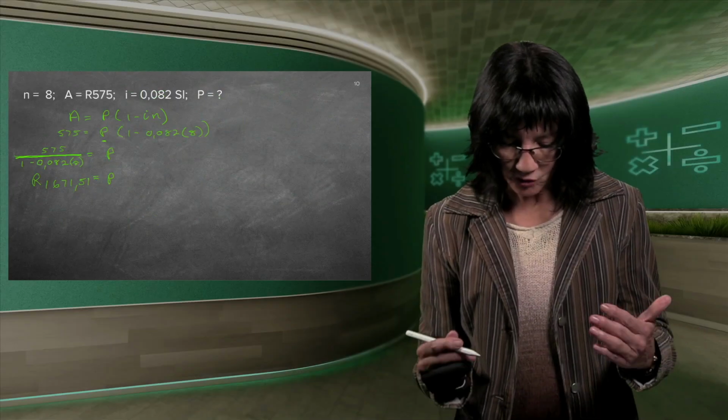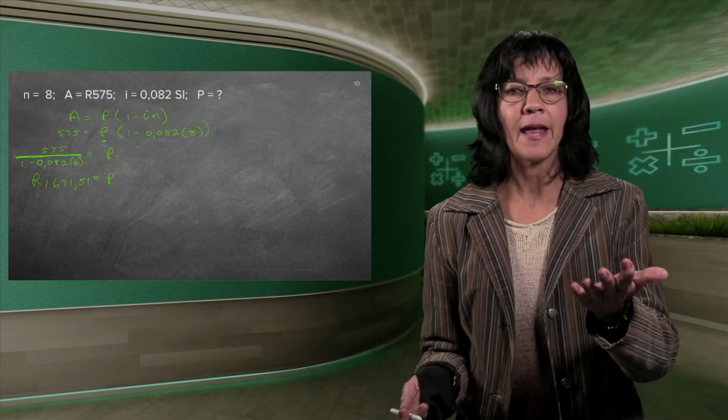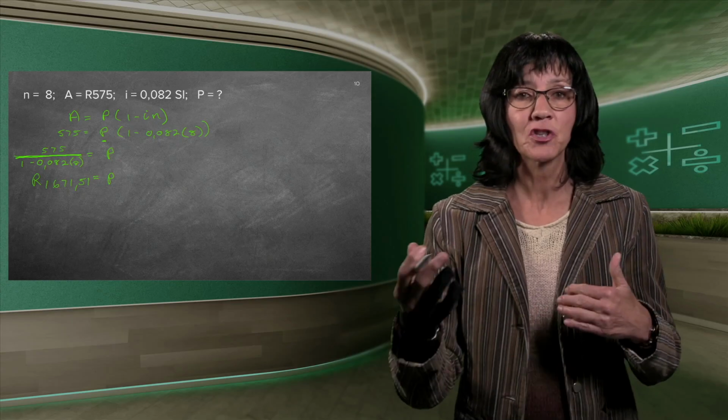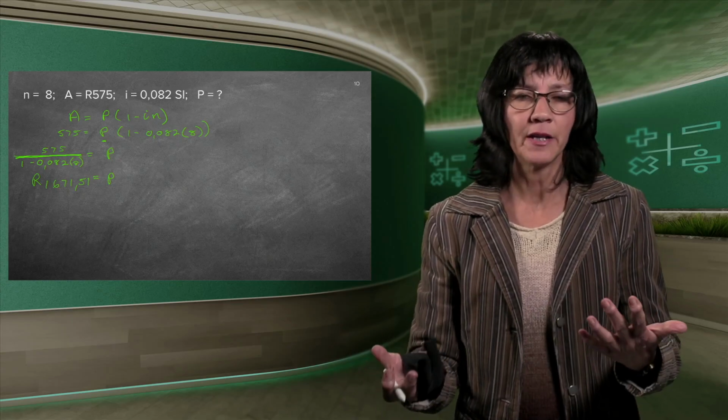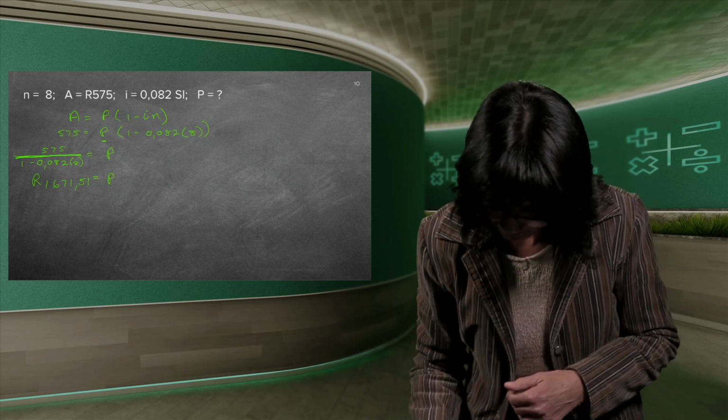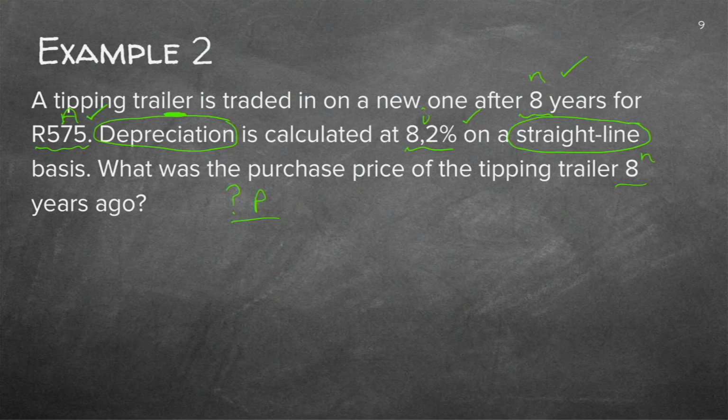Let's just check. It's 1,600 roughly. And at the end, it's only worth 575. So it should be much less, because there's interest. It's for 8 years. It's quite long. So it seems like that it's the right thing. Was that the only question? Yes, that was the only question.